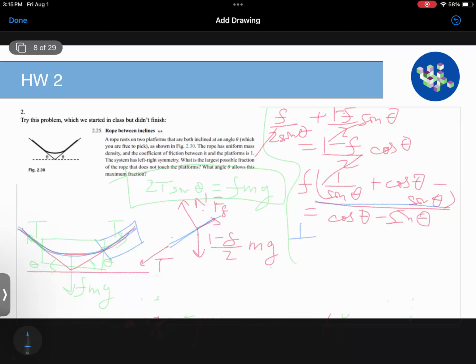Now, 1 over sine theta minus sine theta, we work it out, it's cosine squared theta over sine theta, right? So that means that f, let me divide this so that makes more sense. So f equals cosine theta minus sine theta over cosine theta minus cosine squared theta